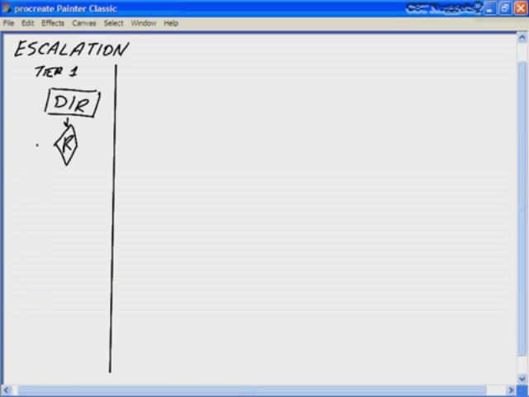Now, if it's a service request, let's say it's a new employee who needs their account set up and information on how to use their new laptop, well, that would be a service request. So that's going to be an offshoot here to what we call a service request procedure. So I'll just put an SR here for service request. If it's a hardware